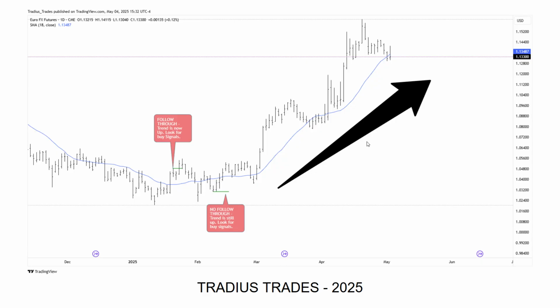And I was sharing these setups with people in my Discord. Earlier, for the last month or so, prior to that, it was more in February that we were looking for these longs. But these big moves come from understanding the fundamentals. But that being said, even if it's just simple trend following and price action that you apply to your methods or to your trading, this method is going to keep you in some really nice moves.